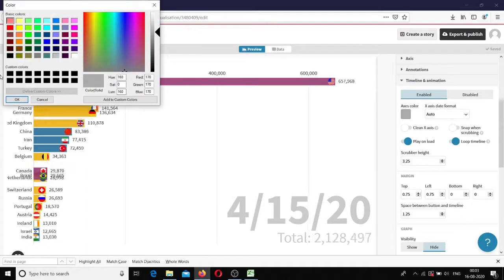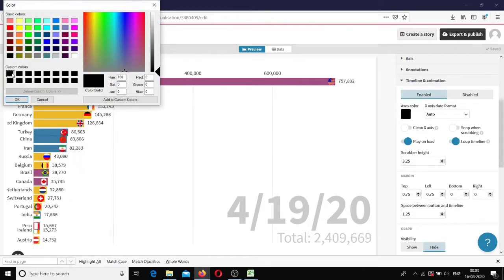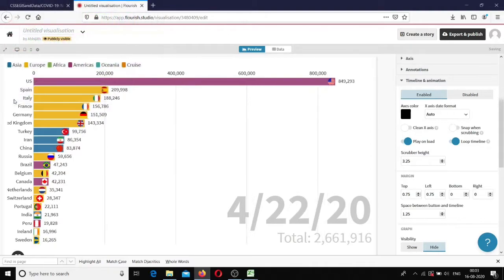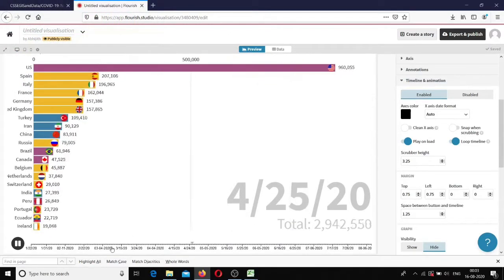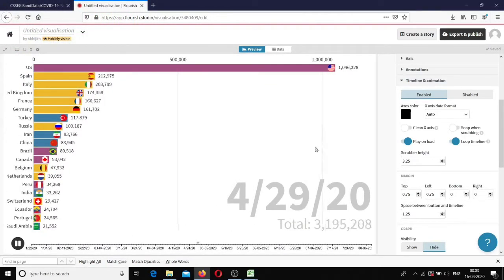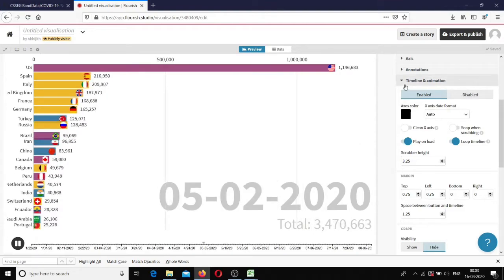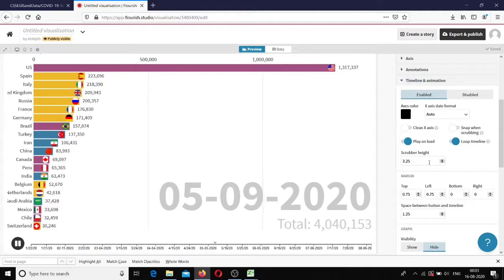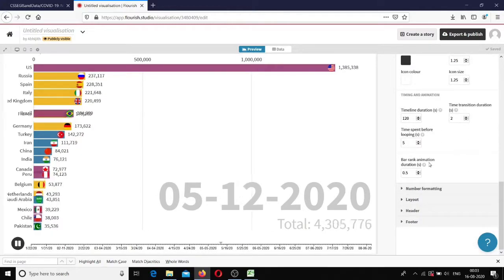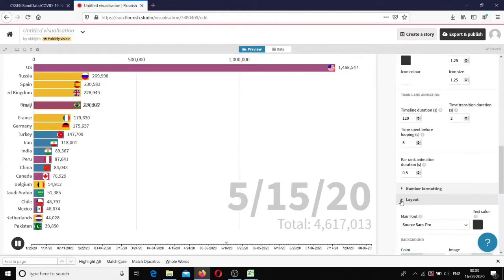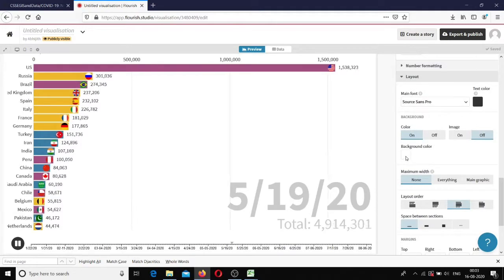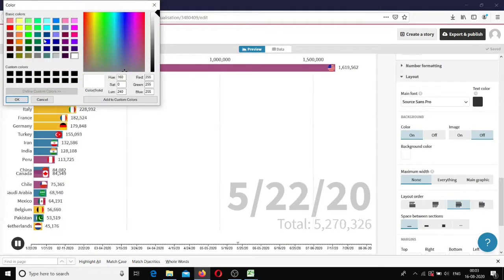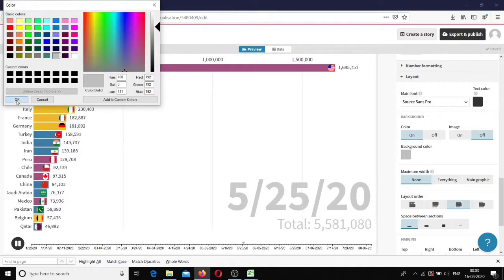So I will change the axis color to black. So this is the axis, x-axis. I'll change the layout also. I will change the background color to, okay,